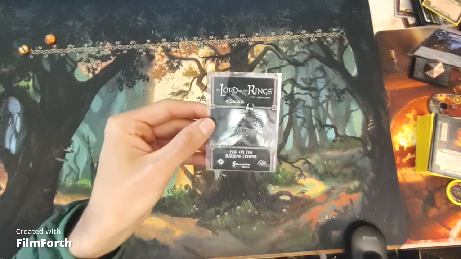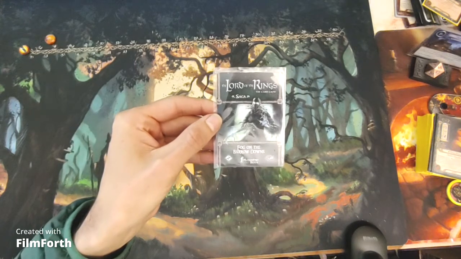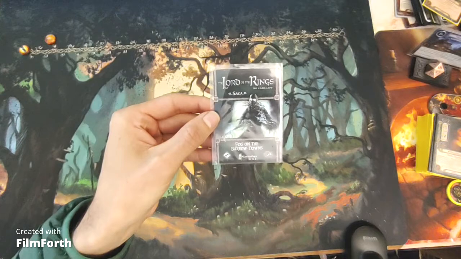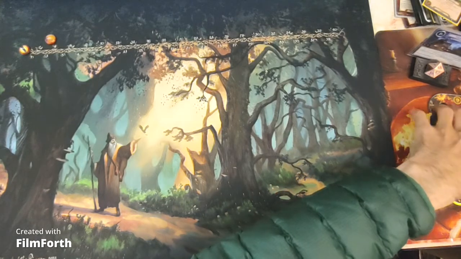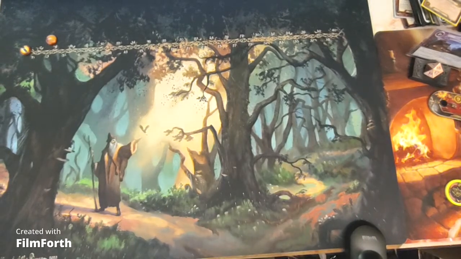I'm going to continue playing my Saga campaign. I'm going to be playing part 1.2, Fog in the Barrow-Downs. This quest includes a lot of threat raising of cards like Chill Fog, where you discard all your resources and raise your threat by the number of discarded resources. But the worst one of all